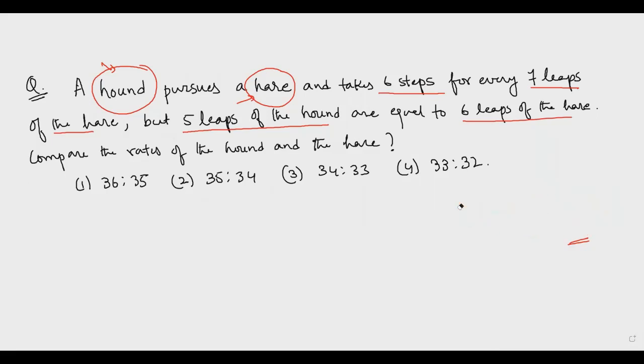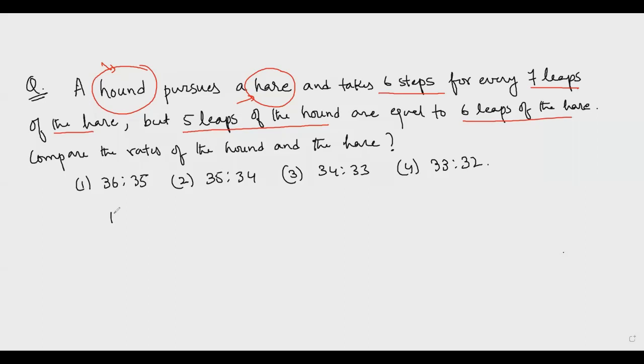Okay, now coming back to the question. Let's see, in a programming language, some programming language C, right? Okay, that is another topic. Anyway, first understand the question. A hound pursues a hare and takes 6 steps for every 7 leaps. So